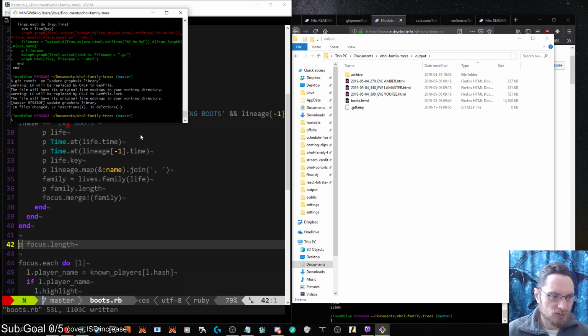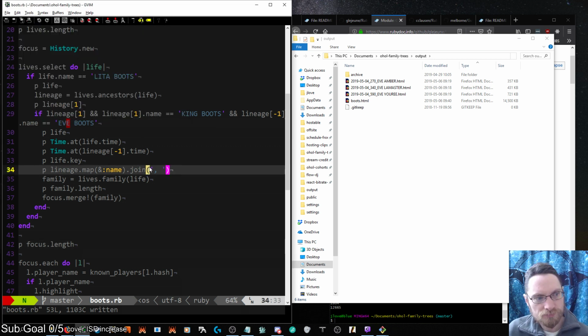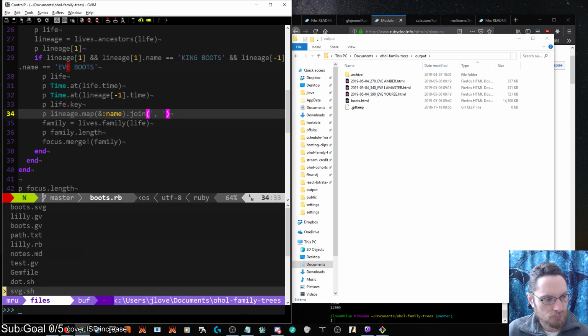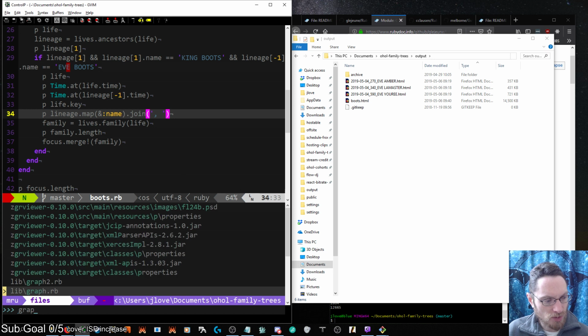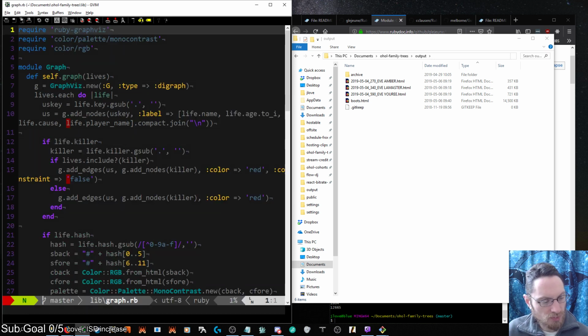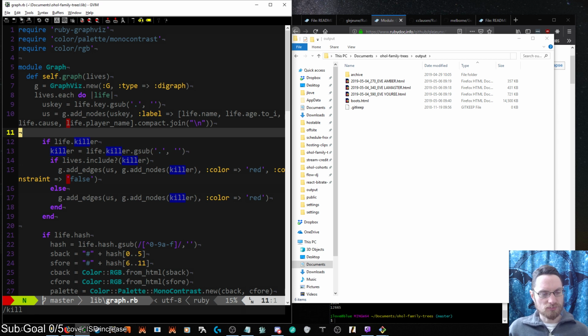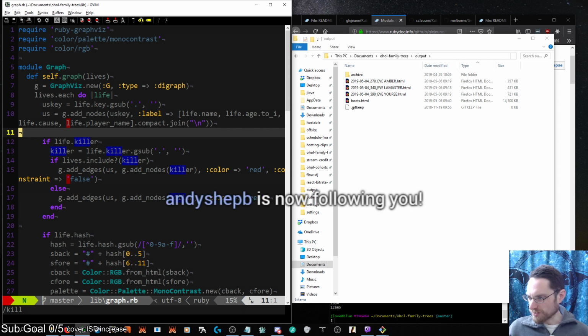For the killers, we would have to... Actually, is that a graph thing? Yeah, so the problem is we've got a subset of the lives. We add an edge for the killer, but if they're not in the data set,